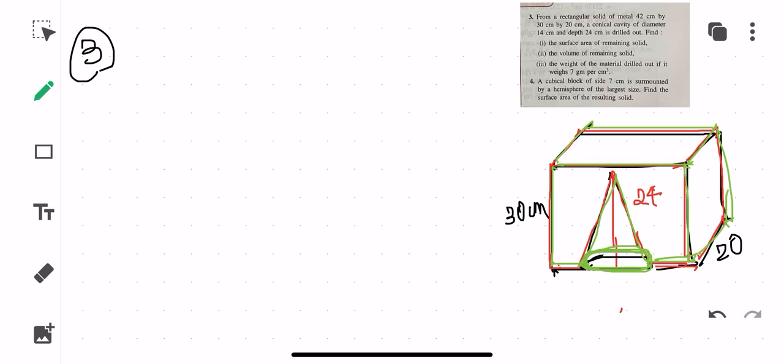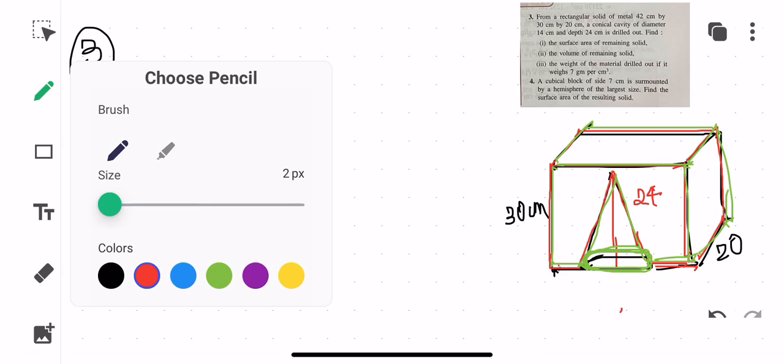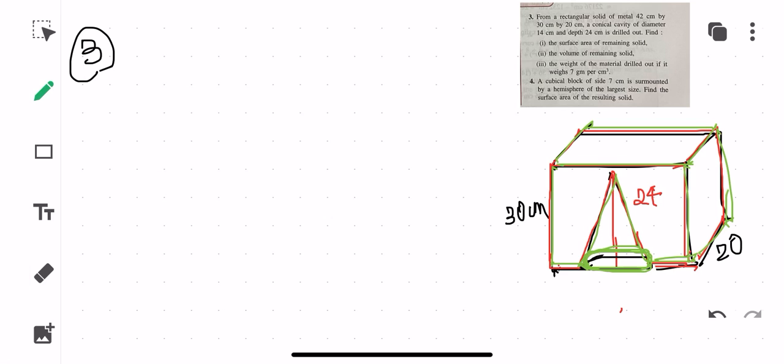So this type of exercise, children, everything is easy if you actually know what you have to find out. If you are done with that part, then this is going to be an easy one. Okay, so for that, what will you be writing? For the cuboid, L has been given as 40, B has been given as 30, and H